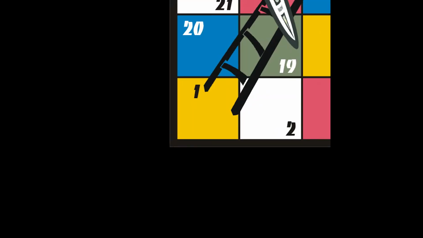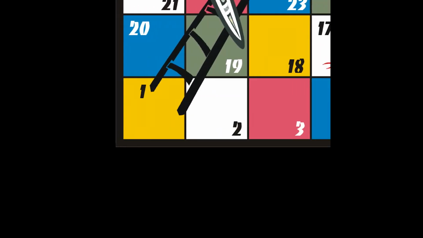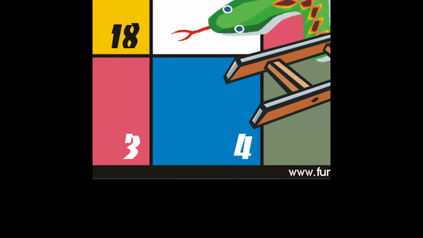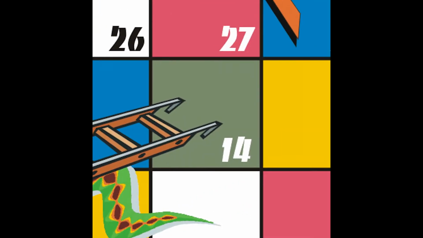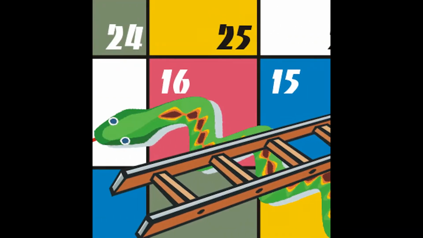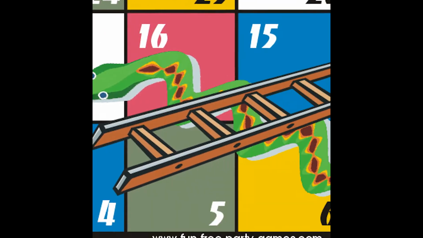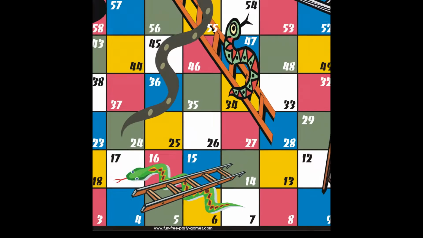Now for anybody who hasn't played it, I'm assuming most people have, here's a quick introduction to the game and how it works. The board is a track numbered from 1 to 100. You roll the dice and move that number of squares along the board. If you land on the foot of a ladder, you move up to the top. Conversely, if you land on the head of a snake, you move down to the tip of its tail. The winner is the first person to make it to the square numbered 100.